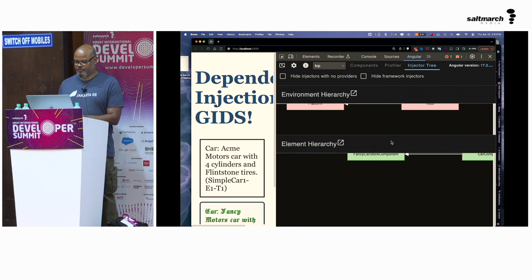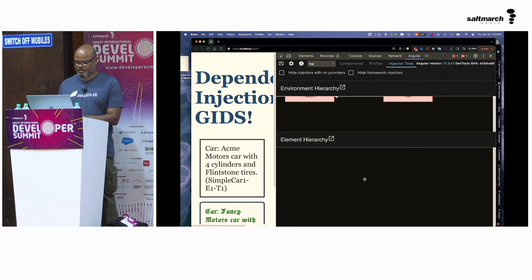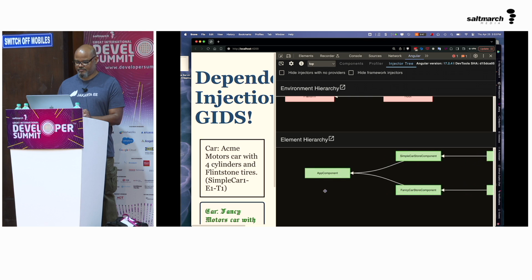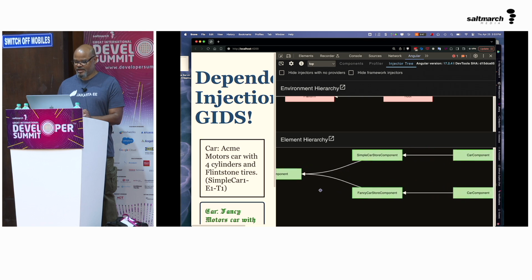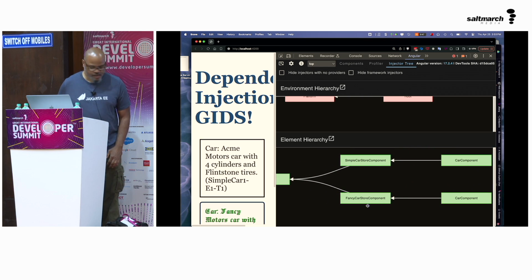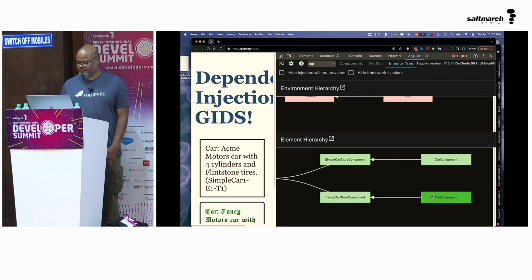So now, if we look at our element hierarchy, sorry, I'm having trouble zooming in here. Okay, so there's our app component, and then we've got a simple store component, and then we've got our car component, right?